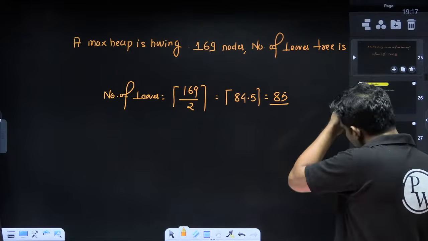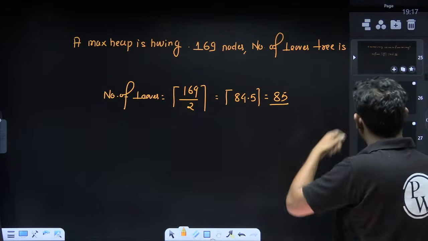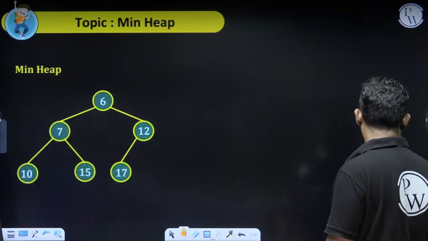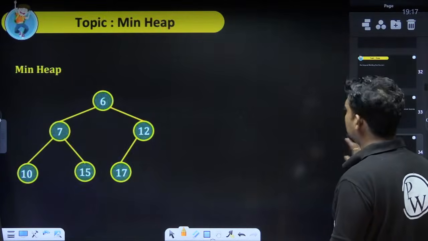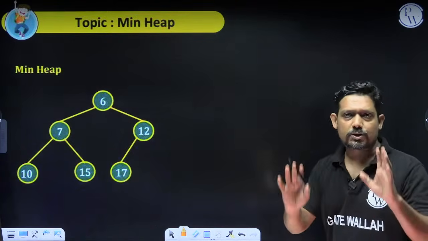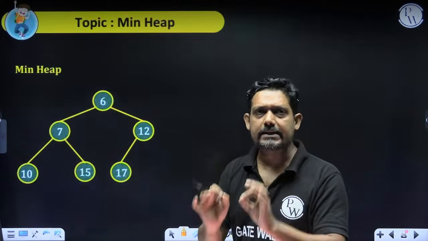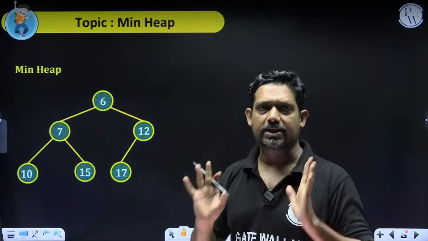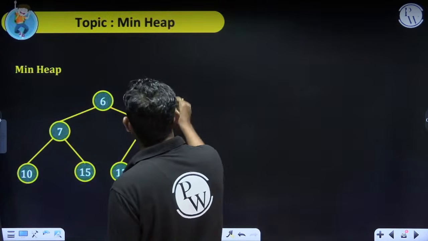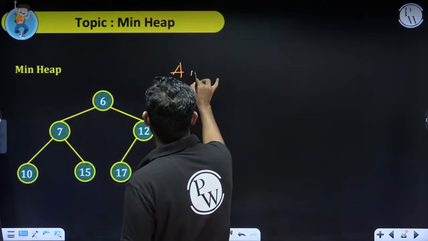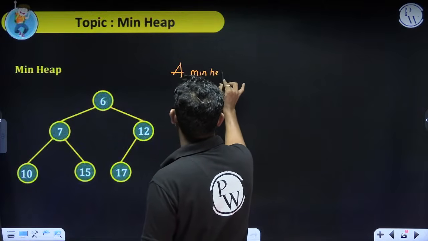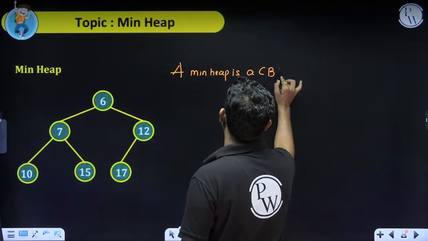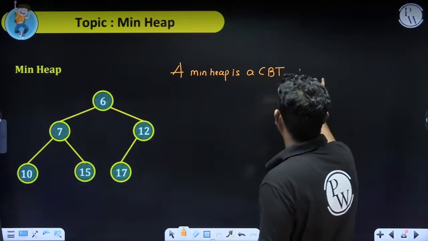Great. So now you have learned all the properties of CBT. We are ready to introduce the min heap and max heap. First of all, be very clear that these are not BST. Okay, heap is not a BST. So what is the definition? A min heap is a CBT, first thing, a complete binary tree in which